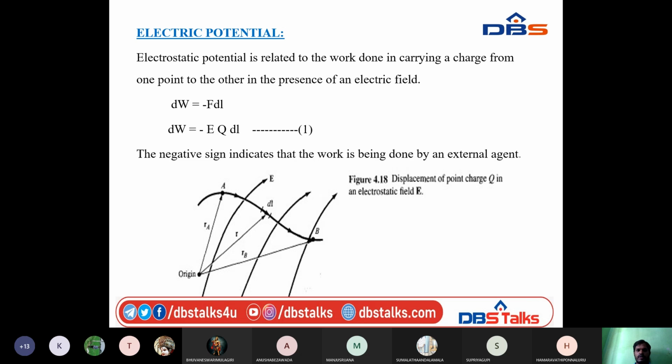Okay. Next we will see the electric potential. From this we have to get our second Maxwell's equation. Our first Maxwell's equation we have got from the Gauss law, and the second Maxwell's equation we have got from the